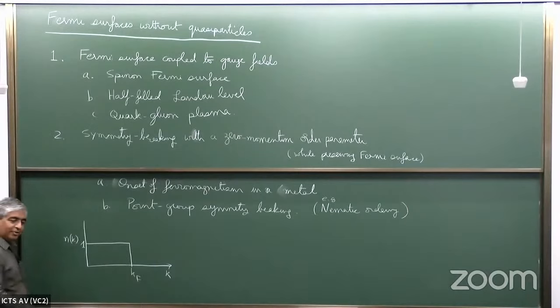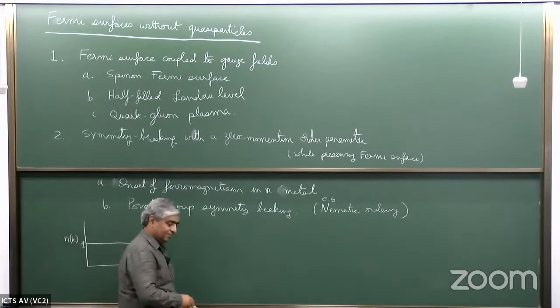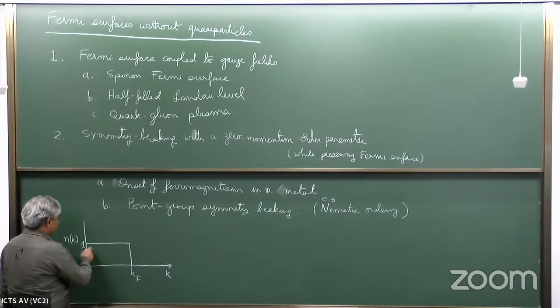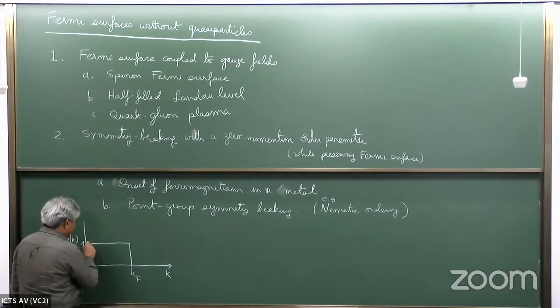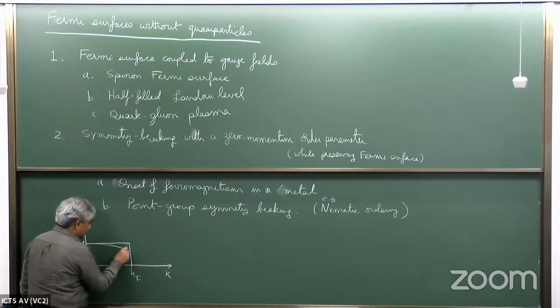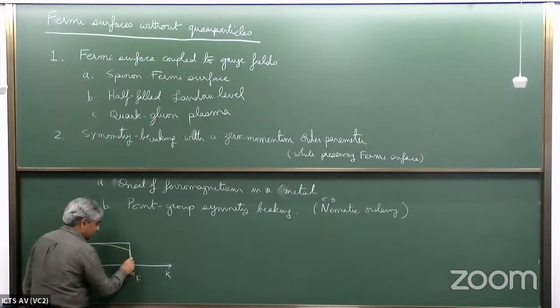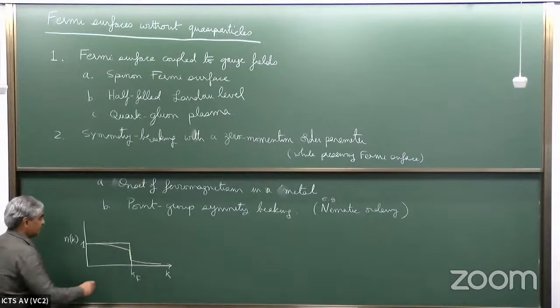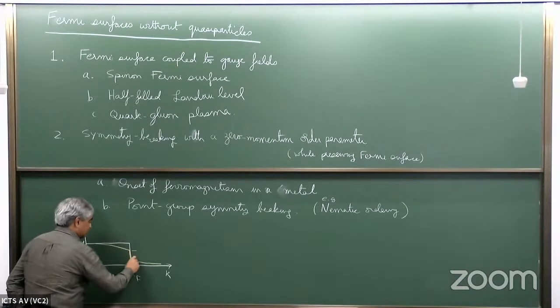Then we put in interactions between the fermions, as we did in Fermi liquid theory, and then we found that what happened was you still had a Fermi surface with well-defined quasiparticles, but the only thing that happened in the momentum distribution function was that this discontinuity,